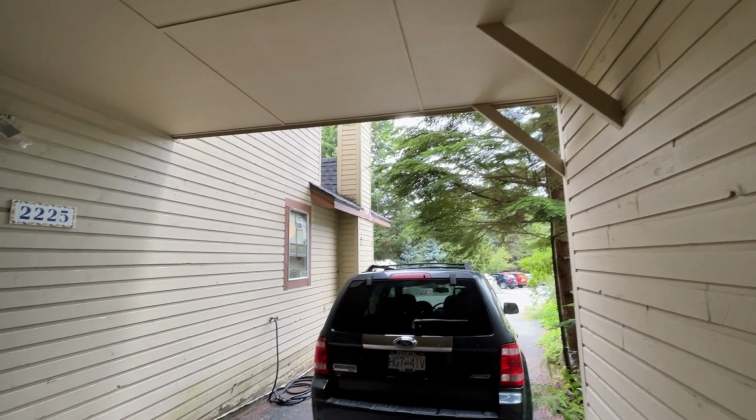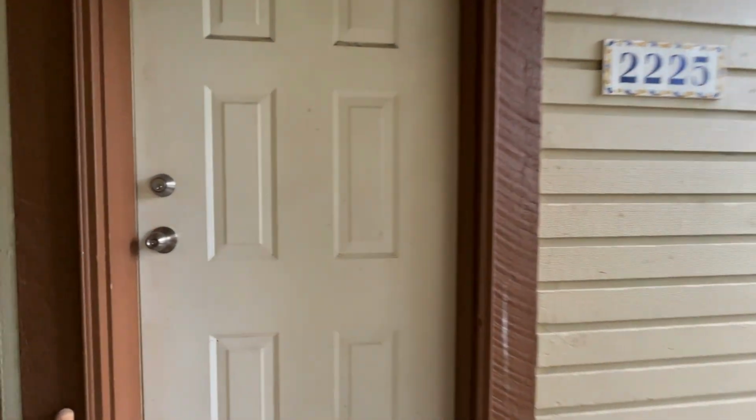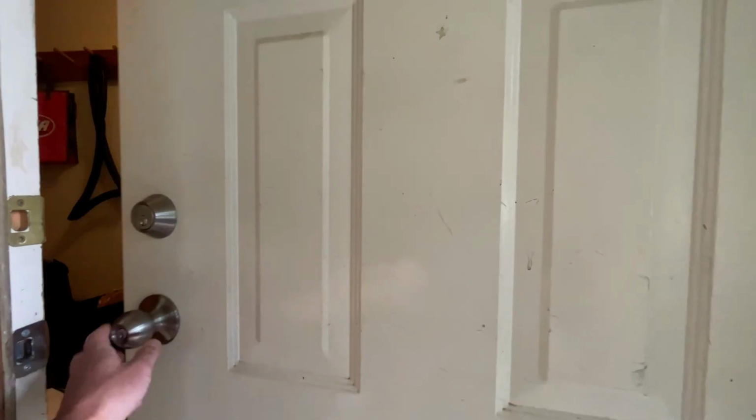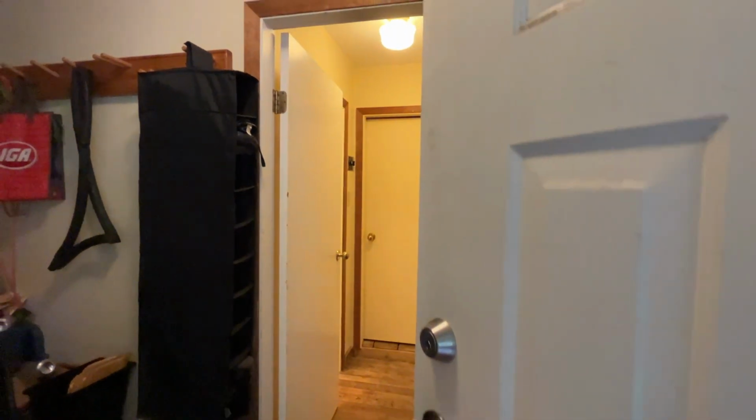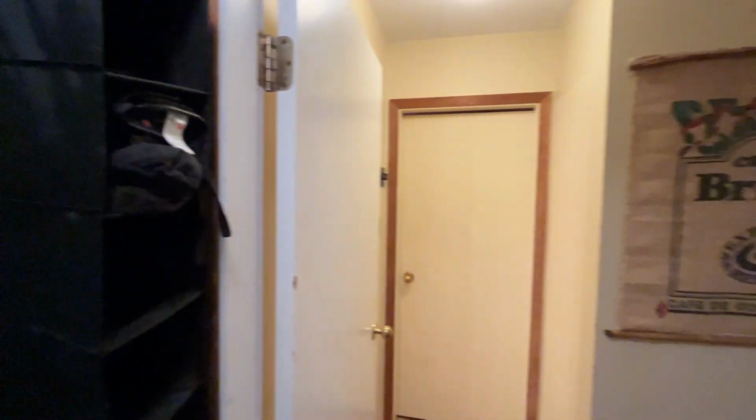We're just in the covered carport here, and let's go on in to 2225 Brandywine Way and have a look. We've got an entry mudroom here,